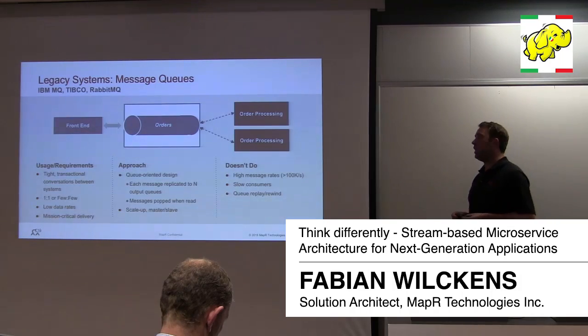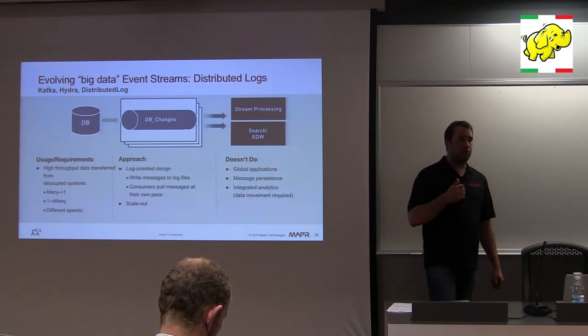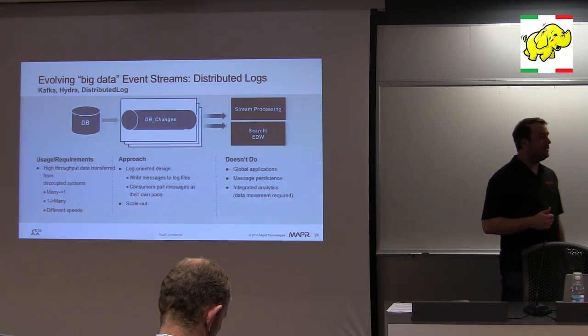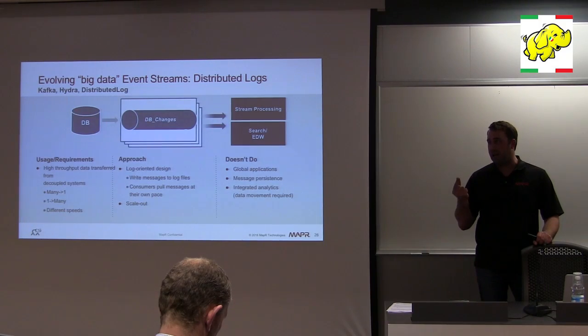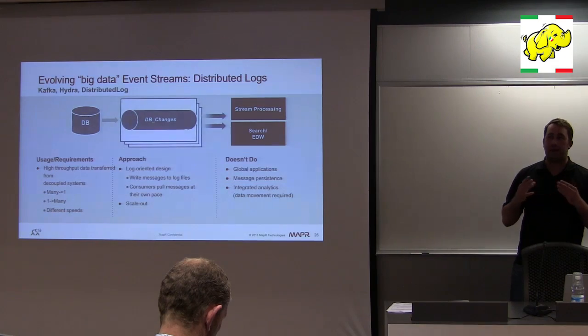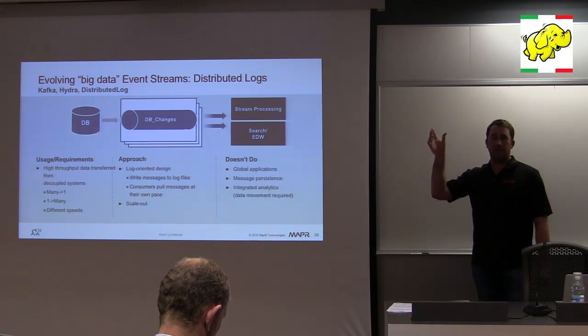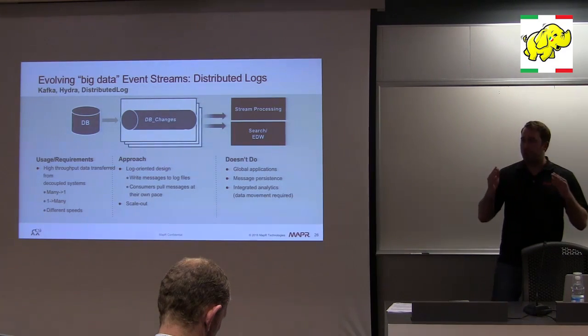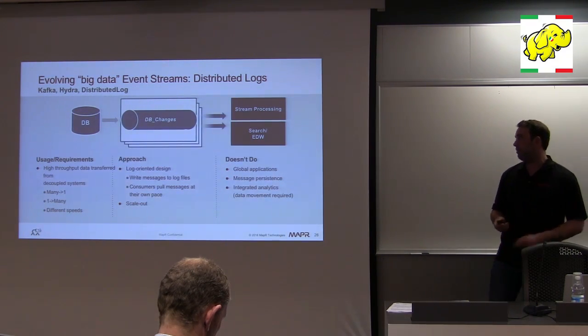Now, to solve that challenge, LinkedIn initiated a product called Kafka. So it's a project that originated at LinkedIn. And it tried to solve the big data challenge in messaging systems. And what it is, it's basically a publish and subscribe system. So you think of that as an internet forum. You have an interesting topic, and you can push a message to that topic. And if you're interested in what's in that topic, you can subscribe to it and get all the messages that are being published to that topic.